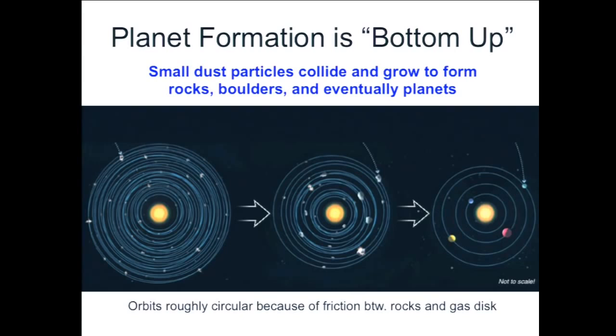And then at the end, we're left with a few big rocks, we just happen to call those planets, orbiting around the star. And so what happens is at some point, the planet basically gobbles up everything near it in its orbit. And then it runs out of stuff that it can pull in, and that's the end of the planet growing phase. So that really determines how big the planet gets, is how much stuff is there around it in the disk around the newly forming star. Great question.